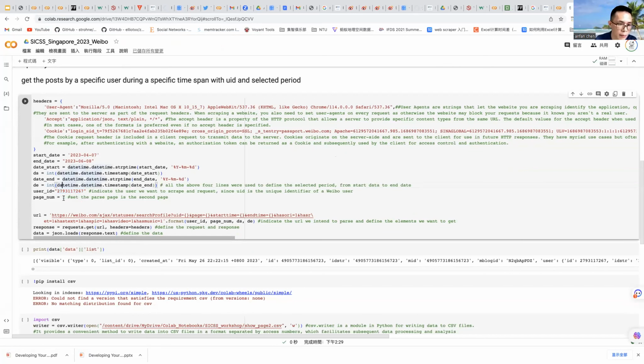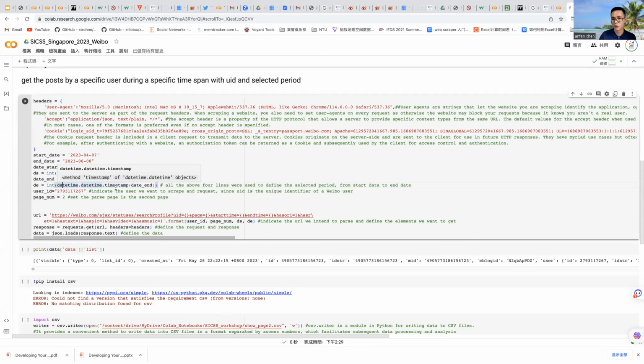And the page number means I just want to get the second page of that user's results, because some people may publish so many posts during a specific period that it will be displayed in more than one page.